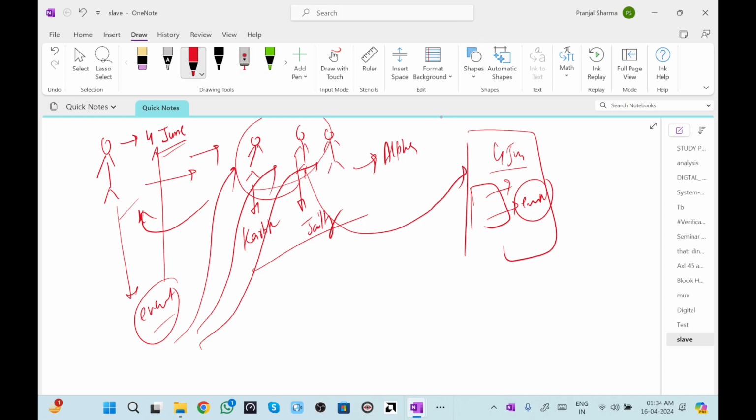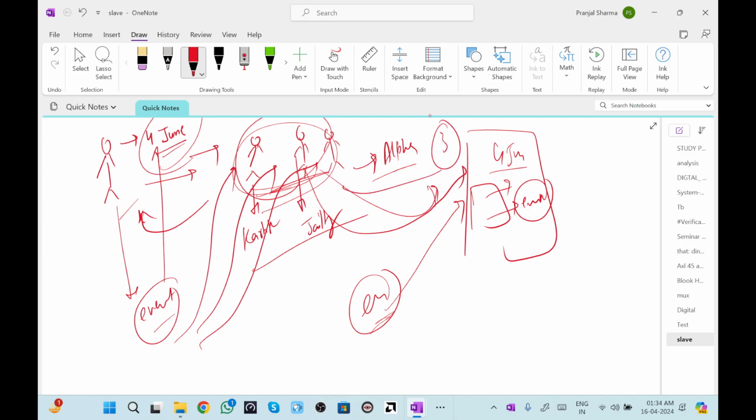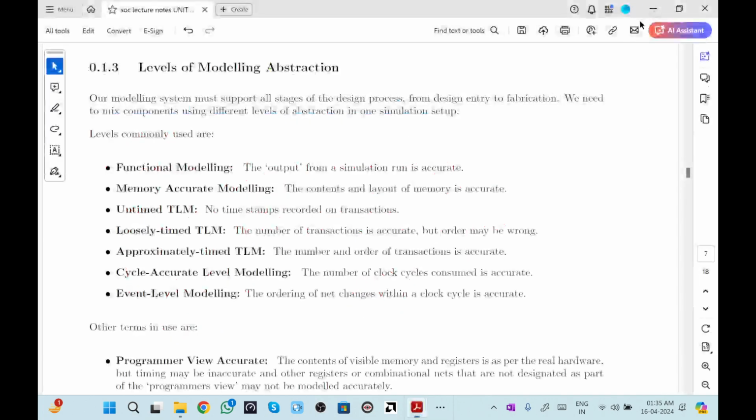In short, an event is a mechanism in which, when the condition is fulfilled, here the condition being the 4th of June, only then will the event trigger and happen. If all three land up at his place on 3rd June, this event will not occur because it requires a specific criterion, which is 4th of June. I hope it is a little clear to you what events are and how they connect to structural modeling in the SoC environment.